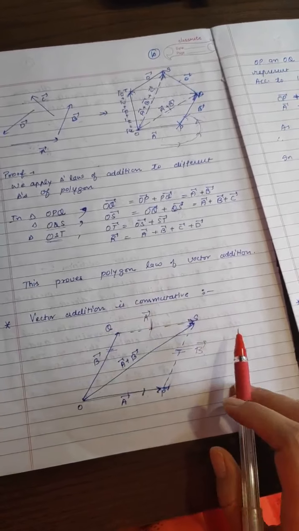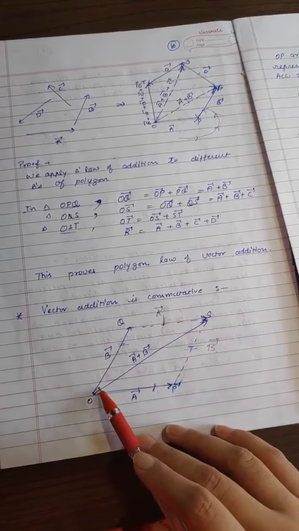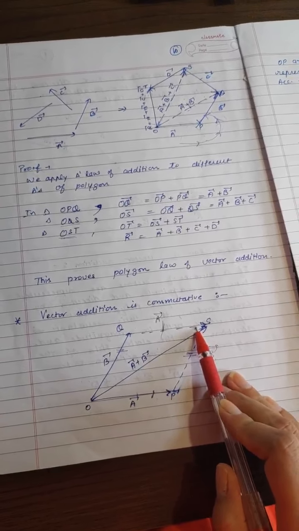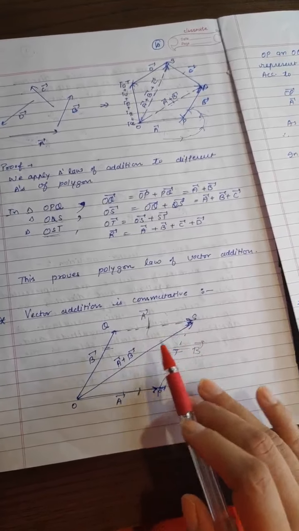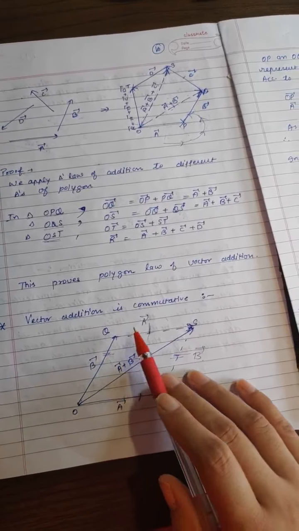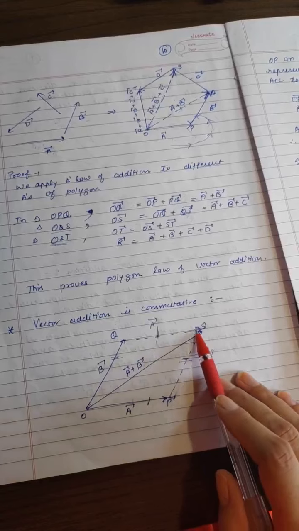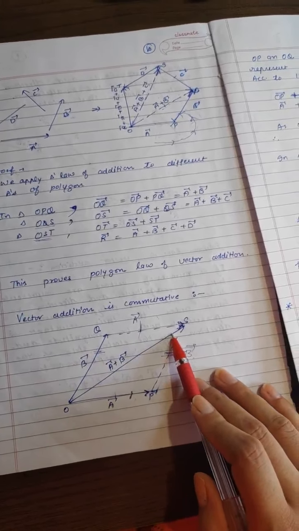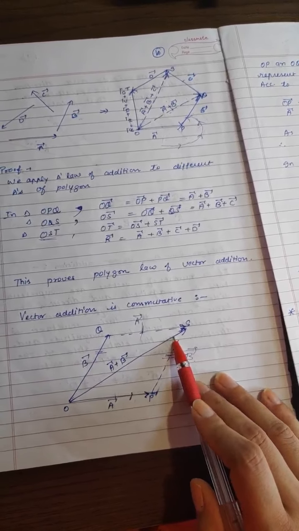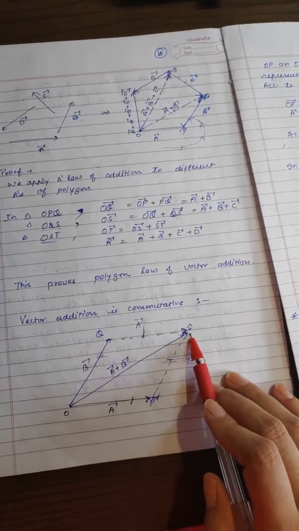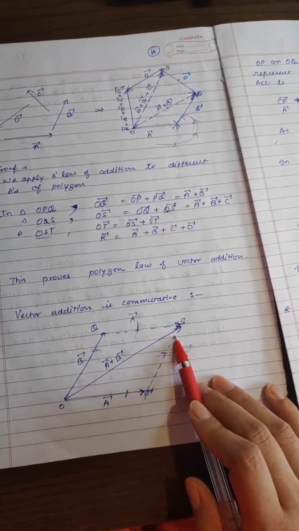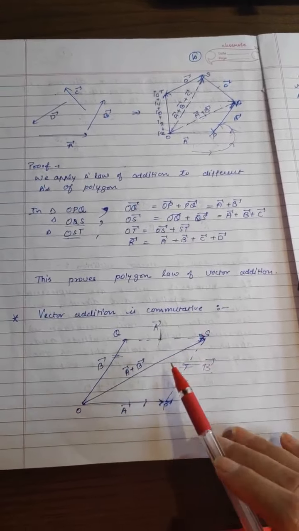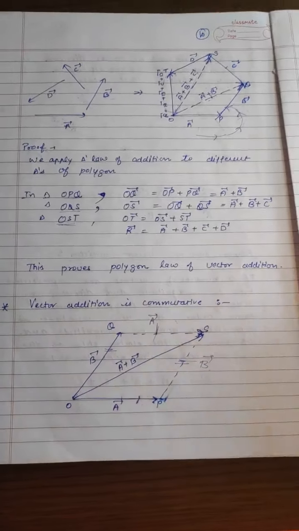So now let us take a triangle OQS. This is O, this is Q, this is S, and apply the triangle law of vector addition. According to the triangle law of vector addition, b vector plus a vector, because two vectors are taken in the same order, and this is the third closing side which is taken in the opposite order, that is OQ vector plus QS vector will give you OS vector. So this will be b vector plus a vector, equivalent to OS vector.